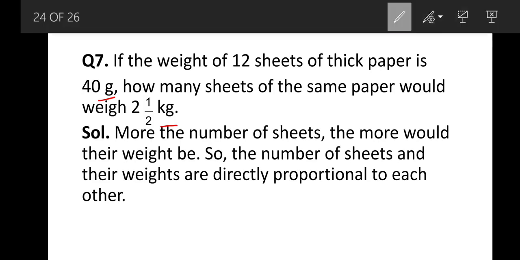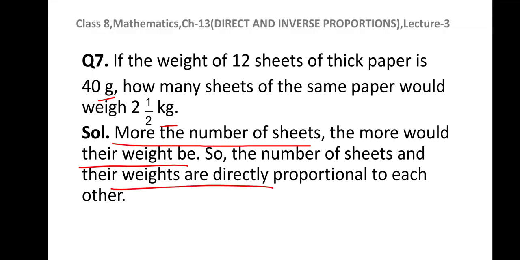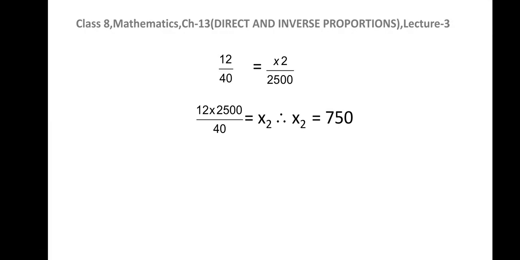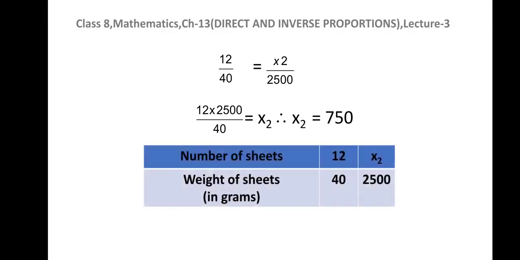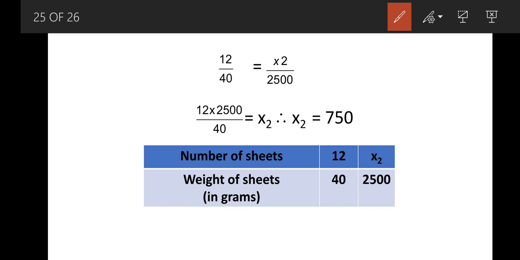Let us first talk about whether it is a question of direct or inverse proportion. The more the number of sheets, the more would be the weight. So the number of sheets and their weights are directly proportional to each other, and we know the relationship x1 over y1 is equal to x2 over y2. Now number of sheets were 12, weight of sheets were 40, given to you in grams, and the number of sheets we need to find out, this is unknown, and I have converted it